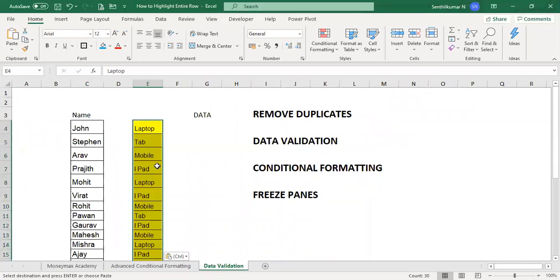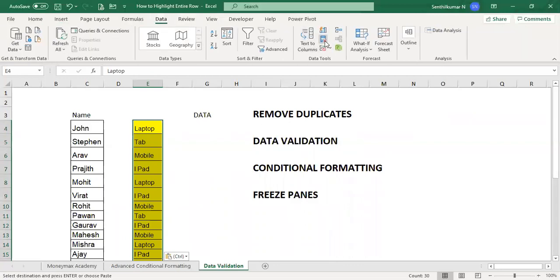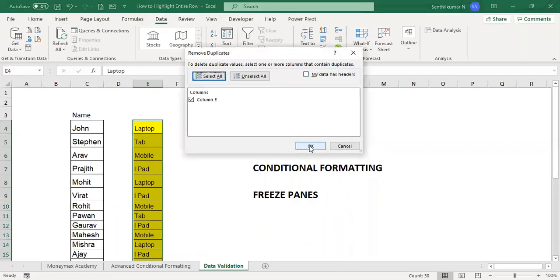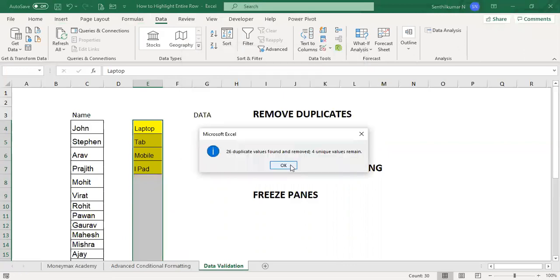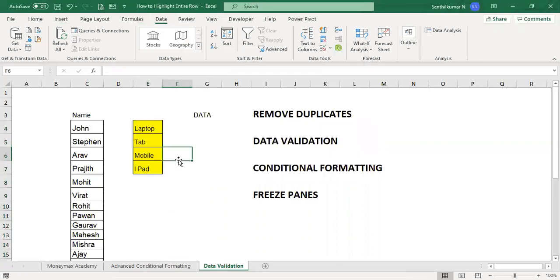Now we want to remove the duplicates, because laptop is available multiple times, which is not required. Go to the Data menu, Remove Duplicates. So only 4 items, but they appeared 26 times. Now we have removed the duplicates. First step over. Now you want to make data validation.